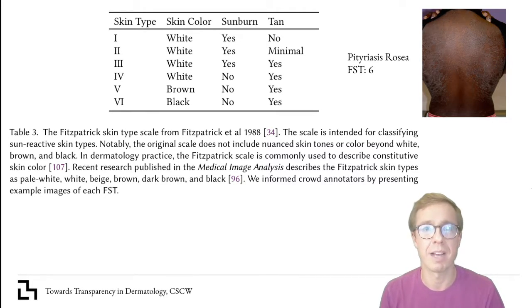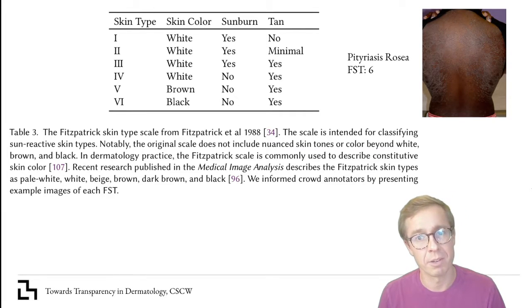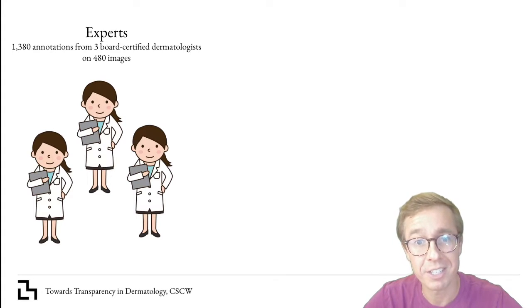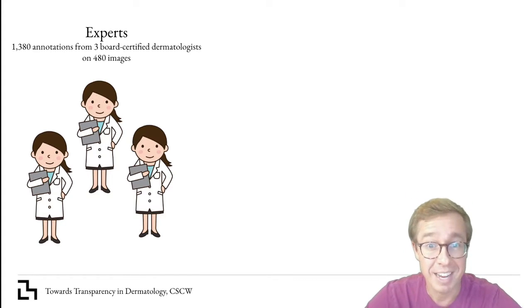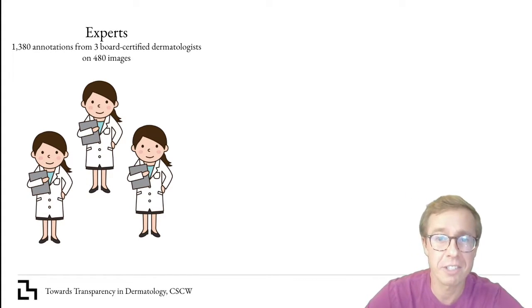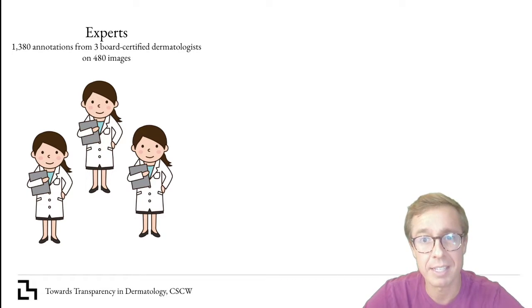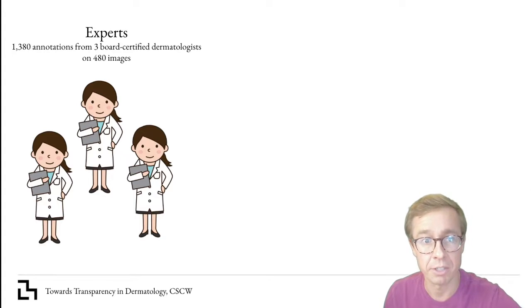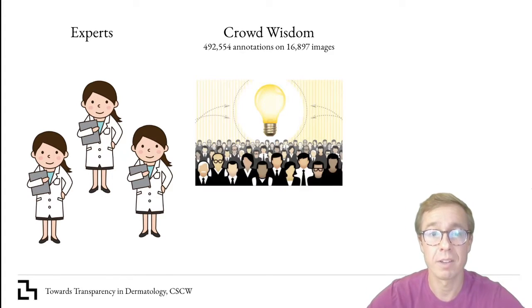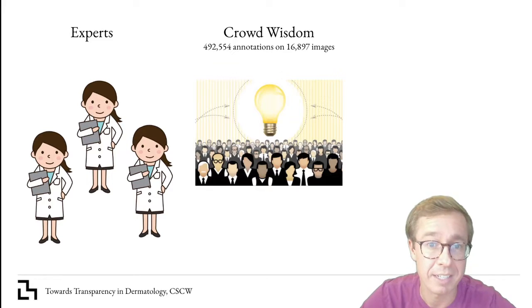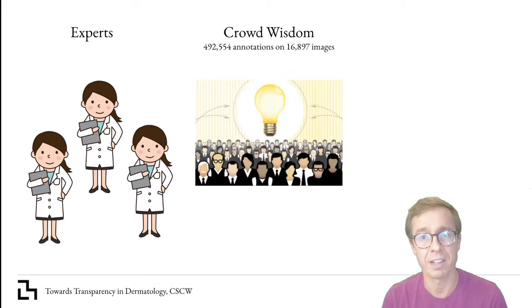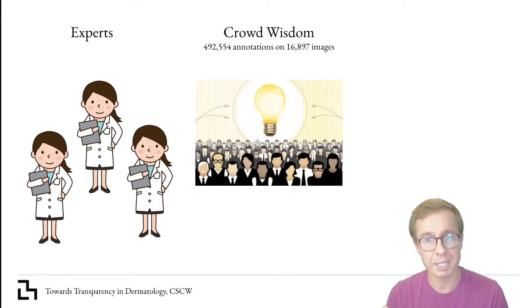How would they compare to an algorithm or expert dermatologists? So we asked 3 board-certified dermatologists to label 320 textbook images of skin disease and 160 images from the Fitzpatrick 17K dataset, which is an open and available dataset for people to do research on. We also asked 2 companies specializing in crowdsourced annotations. Those 2 companies are Scale AI and Centaur Labs, to annotate both the textbook and Fitzpatrick 17K images with their